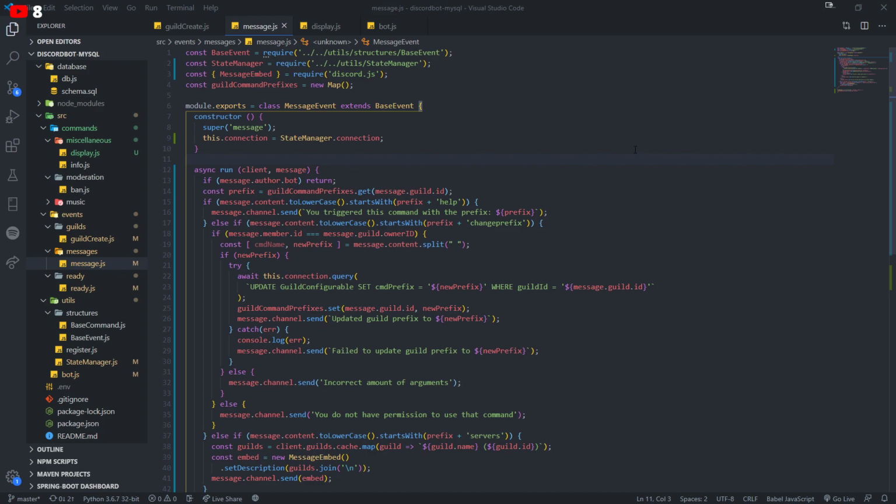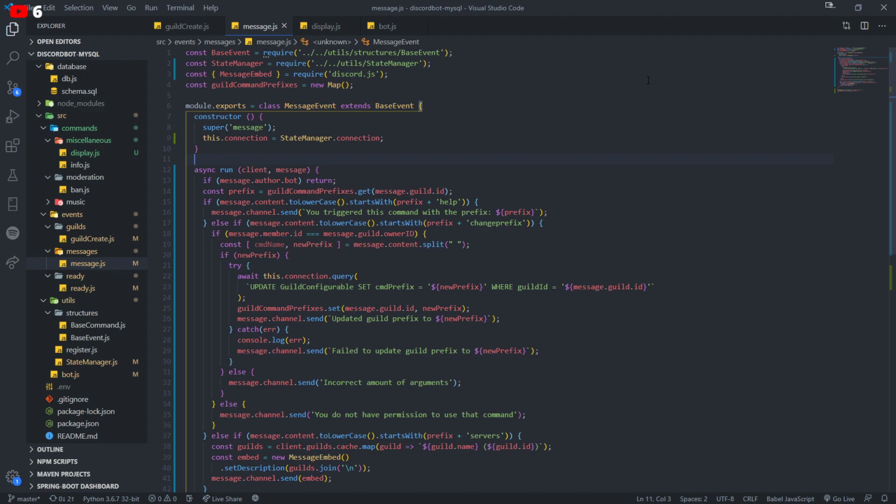Okay, and doing this is actually going to make it a lot easier to build a dashboard, because when you have the database already set up, all you need to do is create some kind of API in Express and have it interact with your database. So you can change the command prefix from the front end application, from the dashboard. That's going to update the value in the database, and it's also going to update the value for the bot itself.